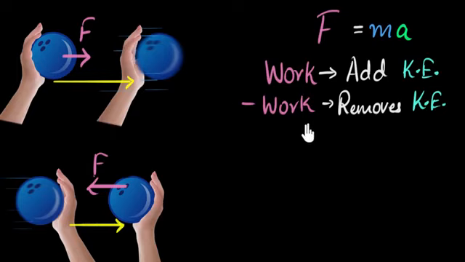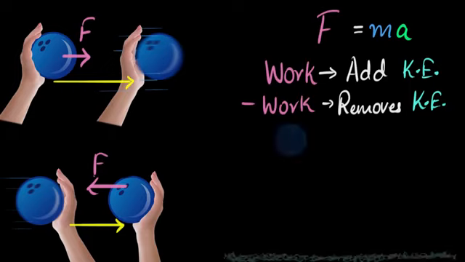And this is, crudely speaking, what we call the work-energy theorem. It basically says when you do work, you either add or remove kinetic energy from the body. If you don't do work at all, then the kinetic energy will not change. Of course, we'll derive the mathematical version a little bit later, but before we do that, let's look at some